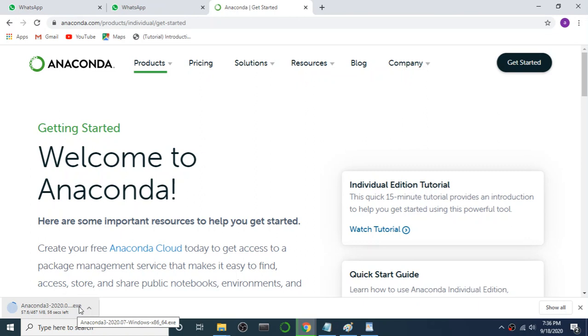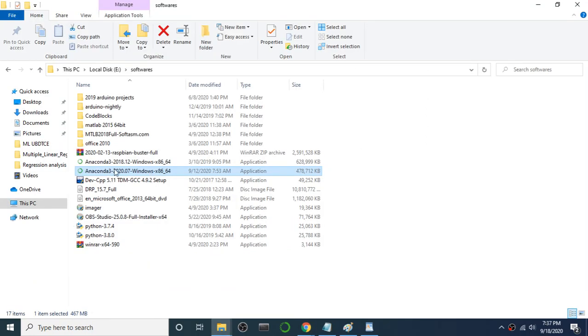Actually, I already downloaded it. I'll take you to the downloaded software page. Yes, here is the Anaconda version 2020. I also have version 2018, but the recent version is 2020, which we just now downloaded. To install this, just double click on this icon